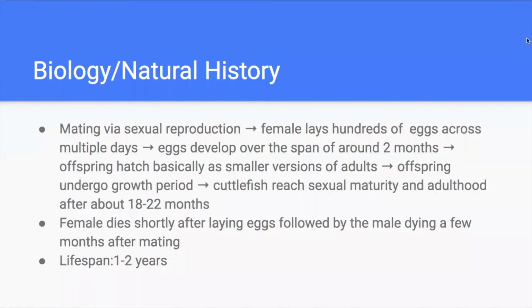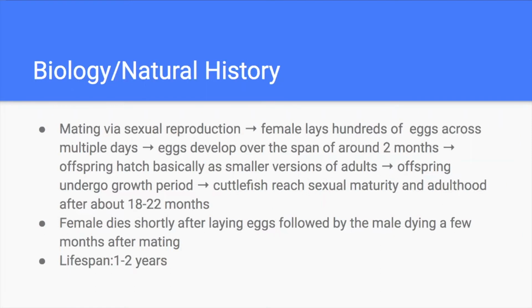So for their life cycle, it starts with mating, and how they mate is through sexual reproduction. Then the female lays hundreds of eggs, and this is a multiple day process. The eggs then develop over the span of around 2 months, and the offspring hatch basically as smaller versions of the adults. And then they undergo a growth period, and then